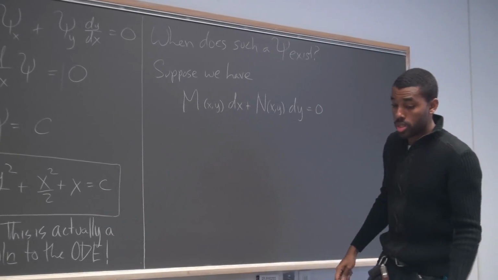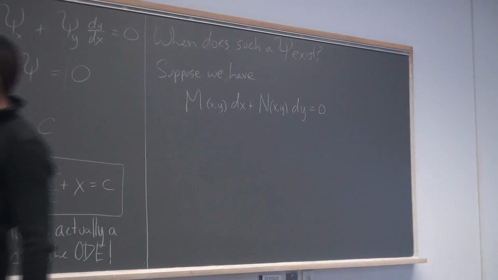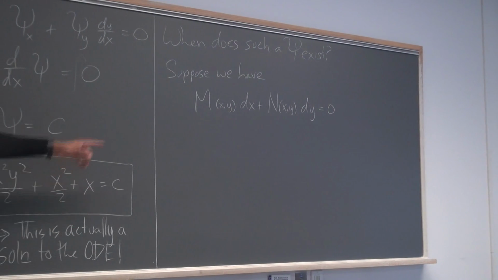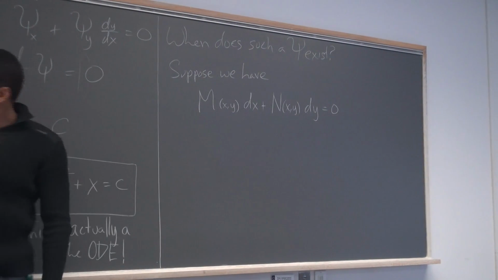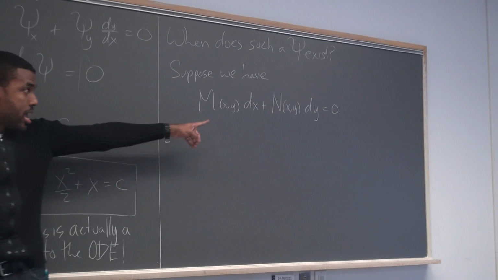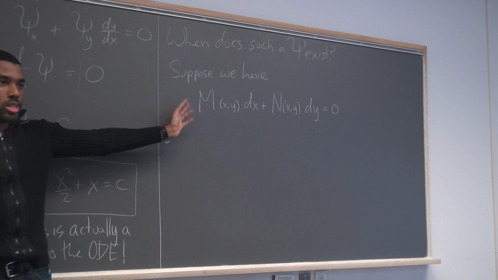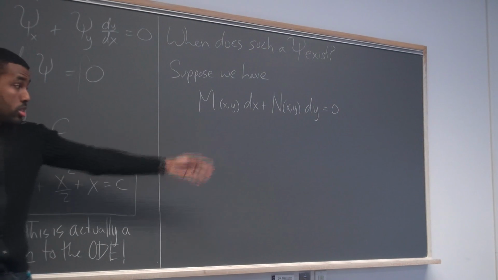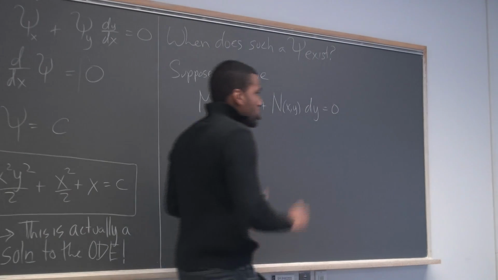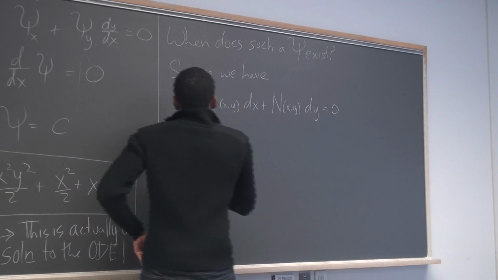Suppose you have this function. The book calls the function attached to dx M of x, y, and the one attached to dy N of x, y. You might see different letters in different texts, but in our text, this is the notation. So suppose we have this,